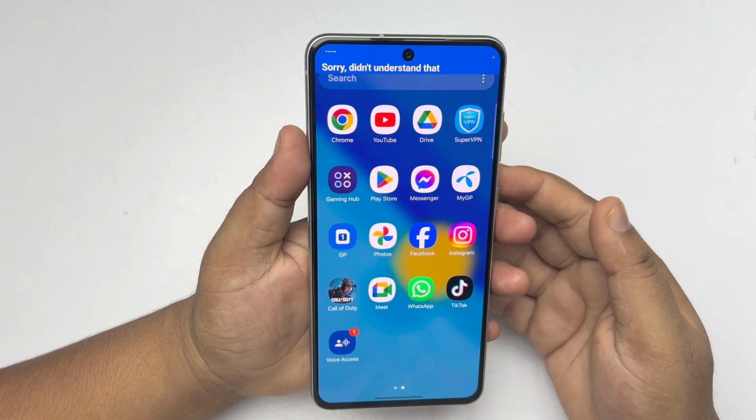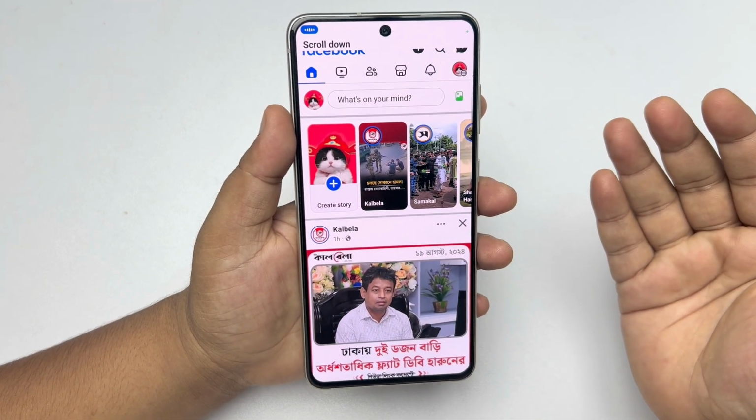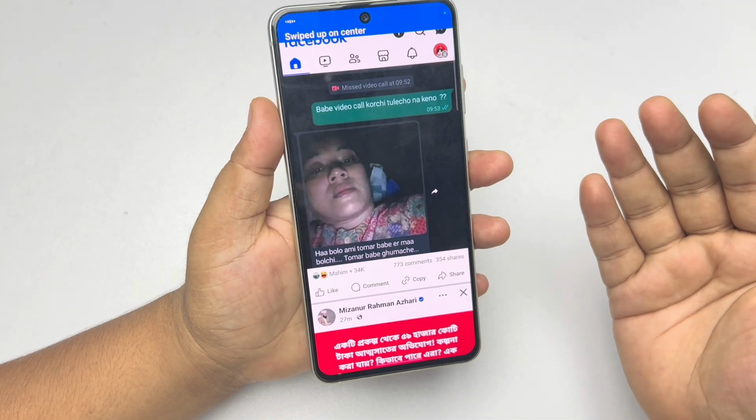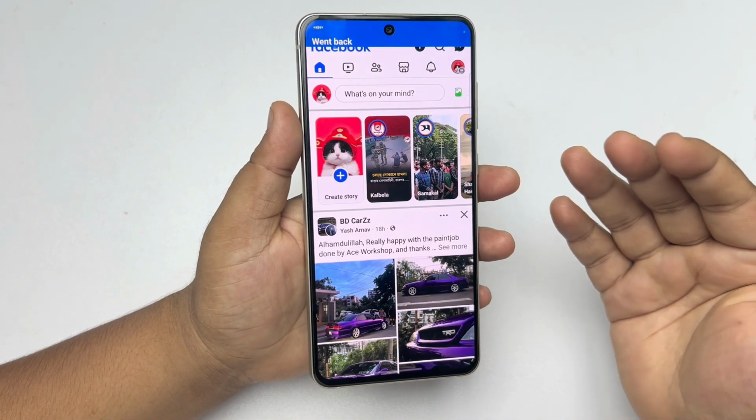Open Facebook. Here we can see Facebook opened. Scroll down, scroll down, go back to home,